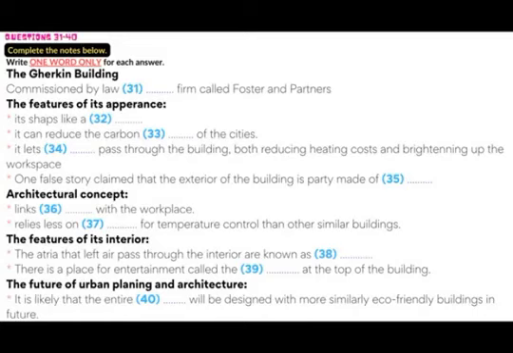The building helps reduce the city's carbon footprint in a number of ways. Just a quick note, in case you're not familiar with the term carbon footprint, get used to it. It's a buzzword you'll hear relentlessly to talk about reducing emissions. Think of it as the amount of harmful greenhouse gases that are given off into the environment by a single person, organization, or product. So going back to the Gherkin building, perhaps the most obvious as well as the most significant eco-friendly feature is the glass windows, which allow light to pass through the building, both reducing heating costs and